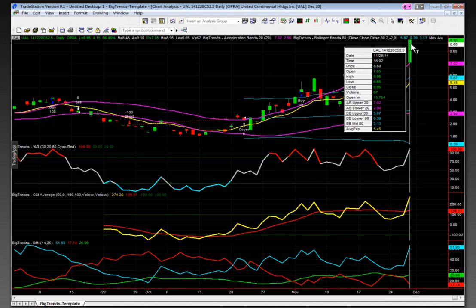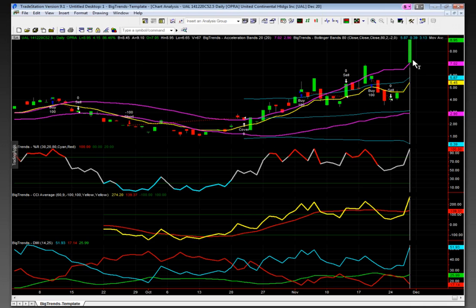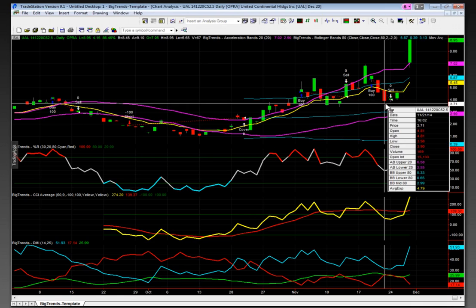We said get out at half at a 50 or better percent gain and the rest at a double up at $8. You see it actually opened at 705 for a 76% gain, and then it hit $8. We said take the rest out here at a double for a week's work. Not bad, right? The point of this is if you're patient and you buy retests, you can actually, it takes